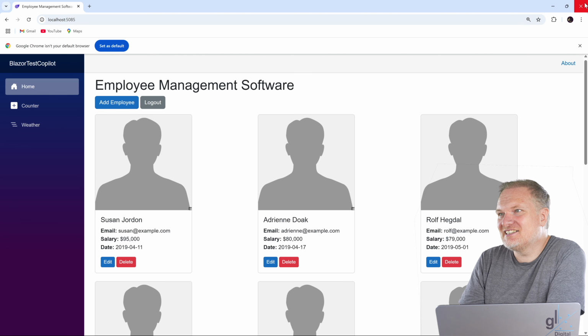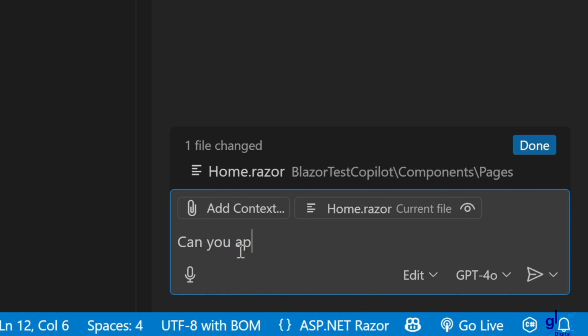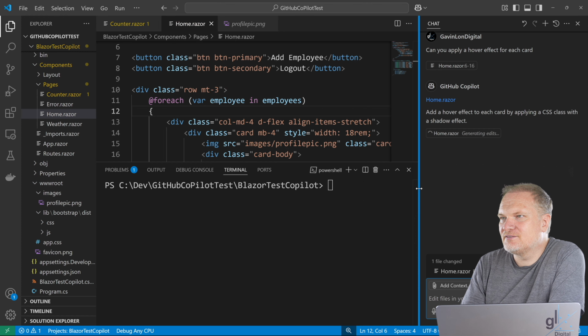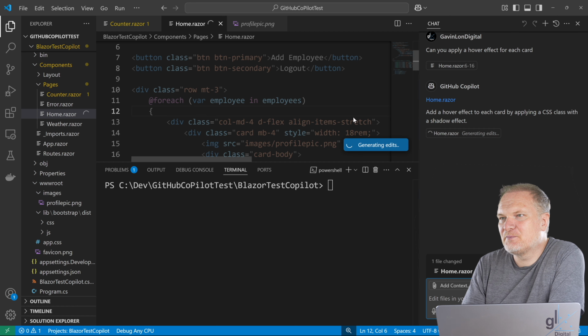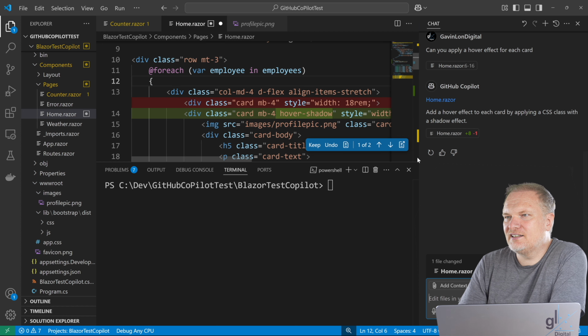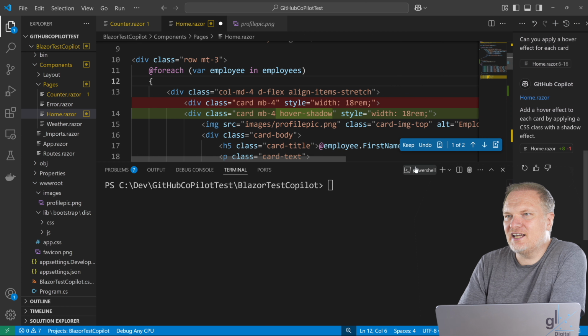Okay, and the last thing, let's include a hover effect for each of the cards. Can you apply a hover effect for each card? And let's send that off. Hopefully, it creates our hover effect for each of the cards. Wow. Nearly there, and it's okay. And there you can see it's created